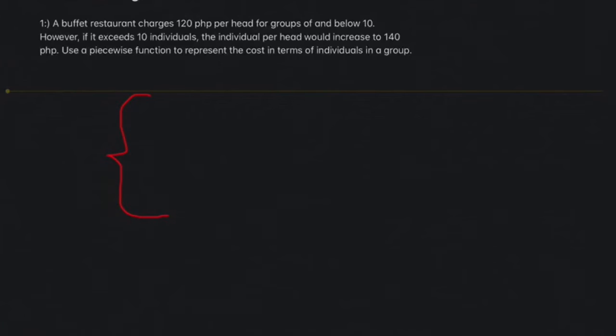So let's begin. Let's say x. We're going to write two subfunctions since there are two situations here. So x is less than or equal to 10, meaning that it is 120 times x, where x is the people, the individuals. And if x is greater than 10, it would be like this: